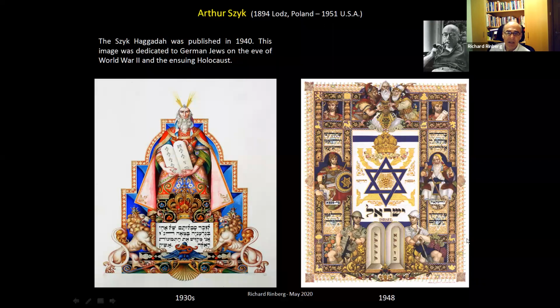And this he published in 1948. Again, you've got the Luchot, you've got the modern day soldier, you've got the historical people involved in our history. And you've got the bracha here, Baruch Hashem Elokeinu melech haolam, shehecheyanu v'kimanu v'gyanu lazman hazeh. So the blessing for arriving at 1948 and seeing the nation of Israel rise.